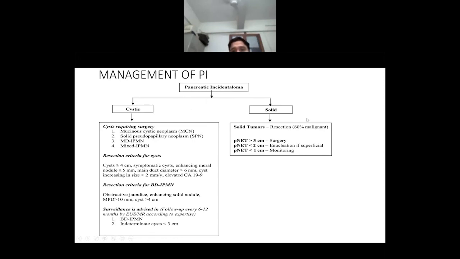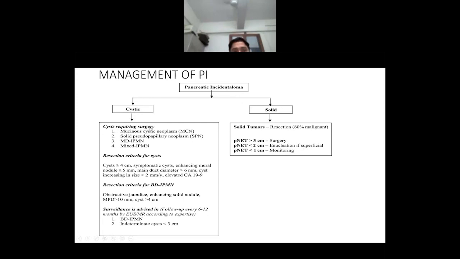If it is a solid pancreatic incidentaloma, 80% of them are malignant, so for solid tumors, surgical resection has to be done. In case of pancreatic neuroendocrine tumor, if its size is more than 3 cm, we have to do surgery. If it is less than 2 cm, enucleation if they are superficially located. And if it is less than 1 cm, monitoring. Coming to cystic pancreatic incidentaloma,